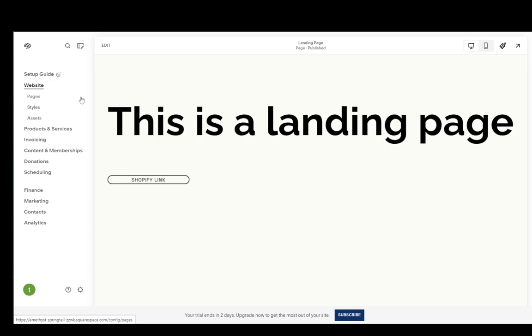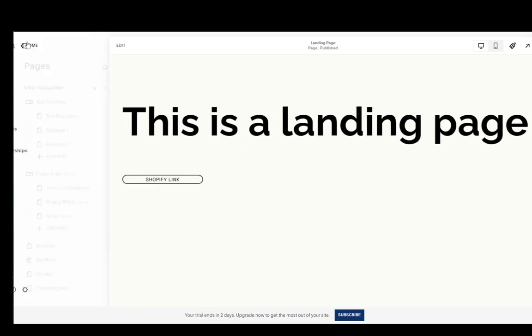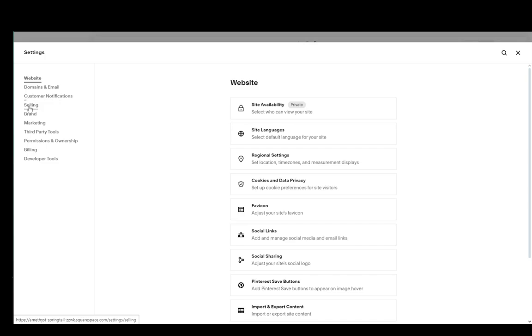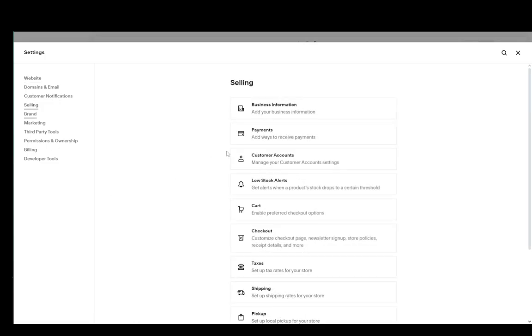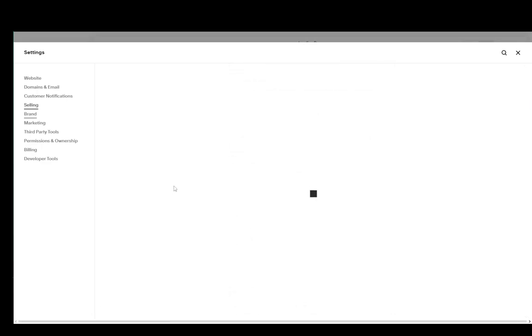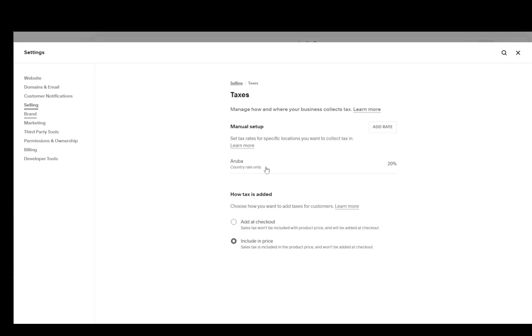Now, once you're on your main page, as you can see here, this is a landing page, and you want to be on your main menu over here, so make sure you go all the way to the home menu, and once you're here, you're going to click on taxes or settings. Once you're here, you're going to click on the selling tab, and you have all of these selling options over here. What we want is the taxes tab, and as you'll see, I already have a tax rule set up